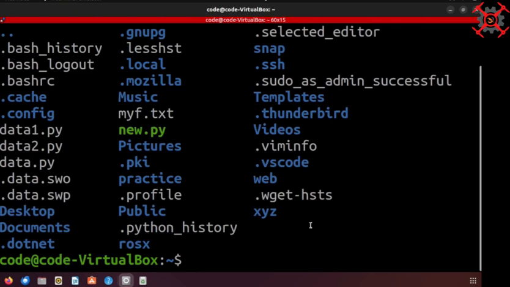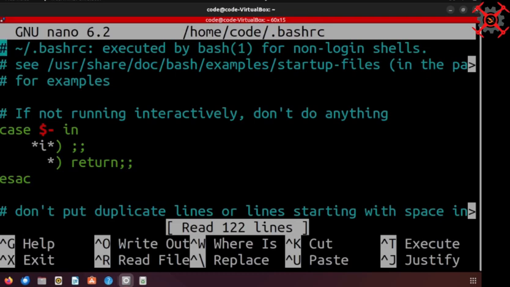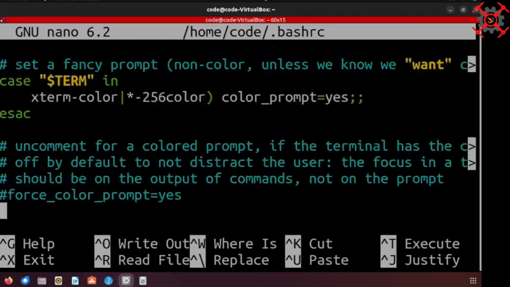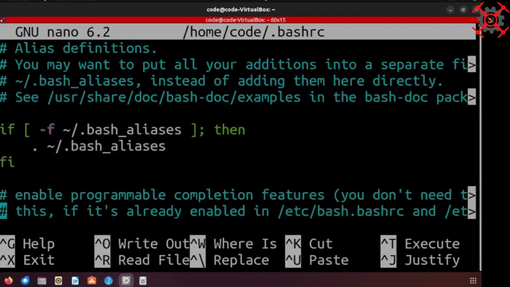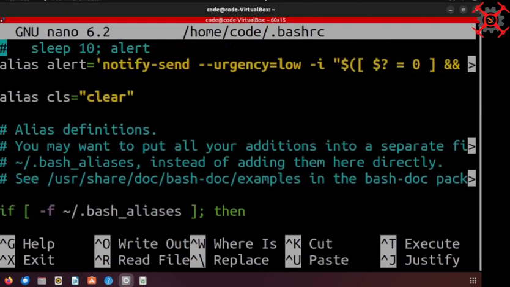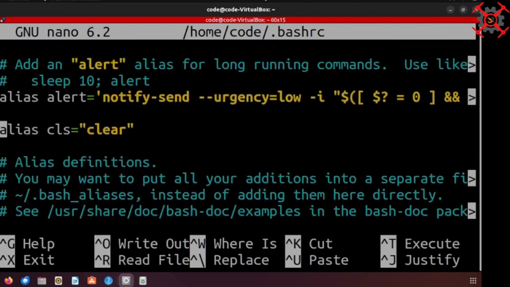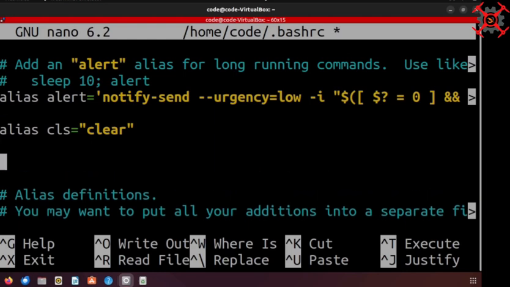To open that, I'll use nano. From this one, I need to open bashrc. Nice. I have this bashrc file open. No need to worry about all this stuff. So what I'll do, there's some alias that's being written, cls for clear and other things. This might not be there. This is something which I have given by myself. I'll write